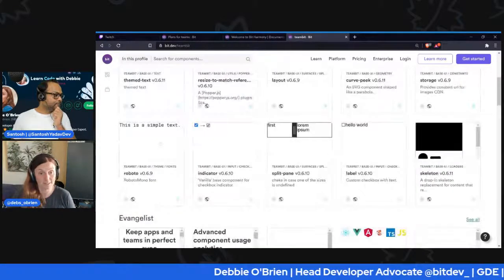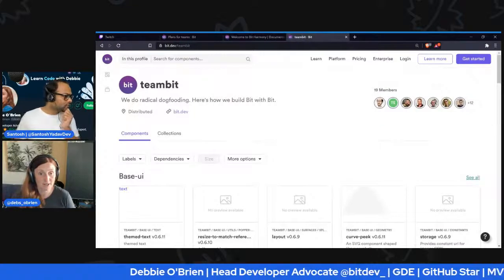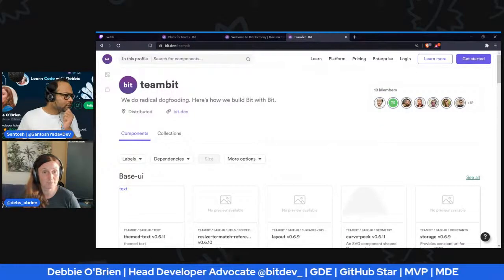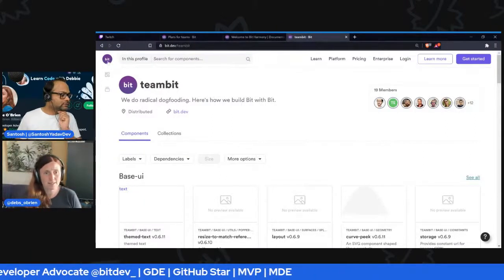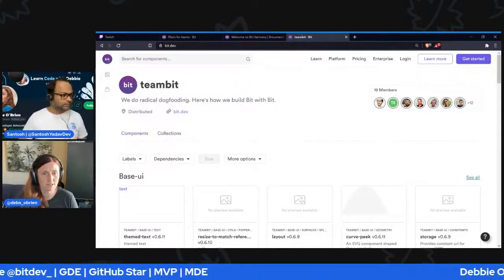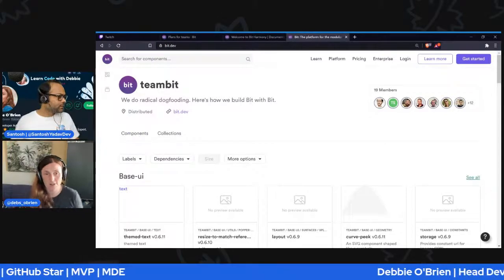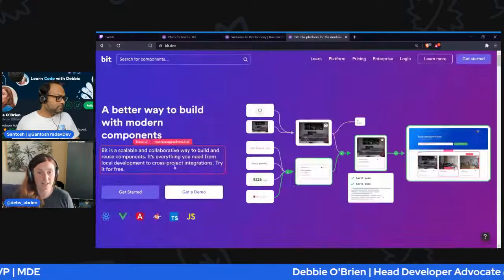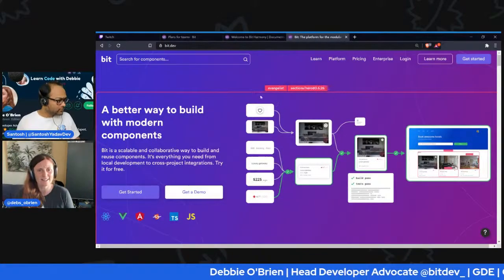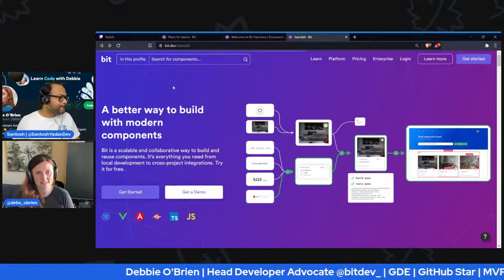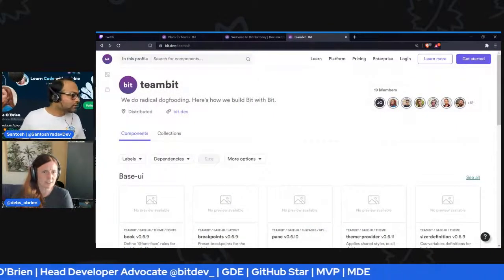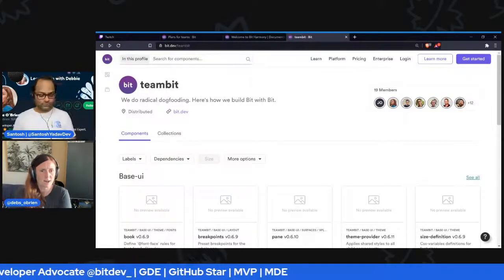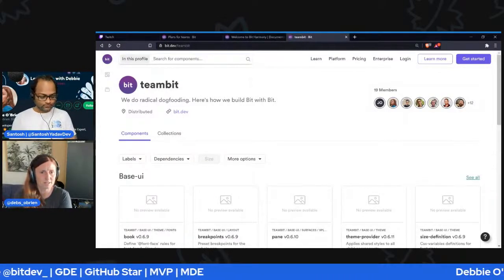If you remove that, or I think it's just go to the home page. Probably if you click on the icon in the top corner. This one? Yeah, it should go to the home. Right now you're on bit.dev. So now you're getting components, and oh no, that brings you to there, right? Sorry, yeah, if you're signed in, it doesn't. So go back to where we were and just search in there for, I don't know, button.